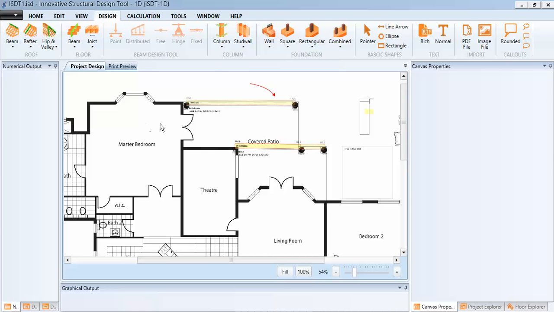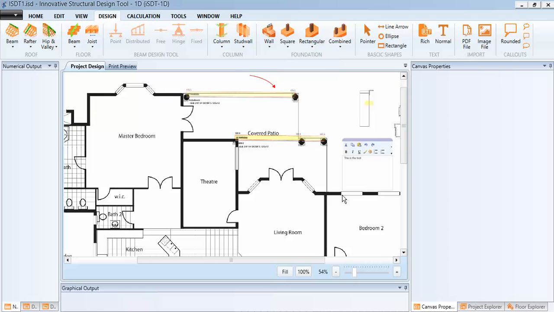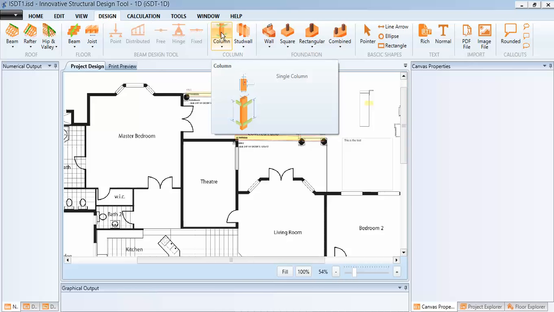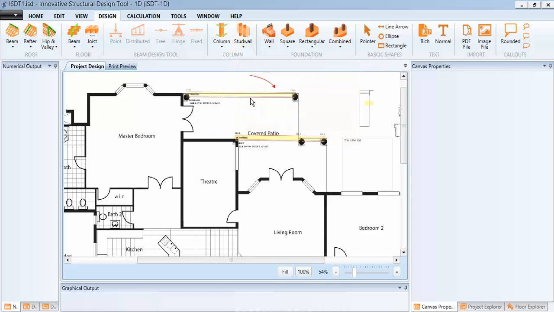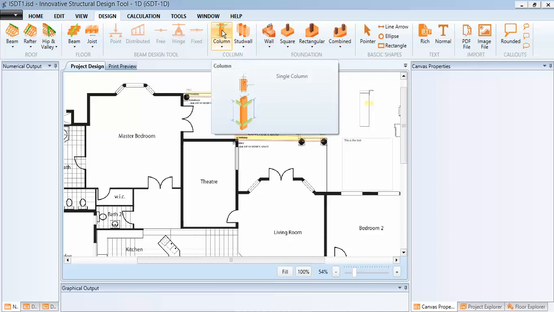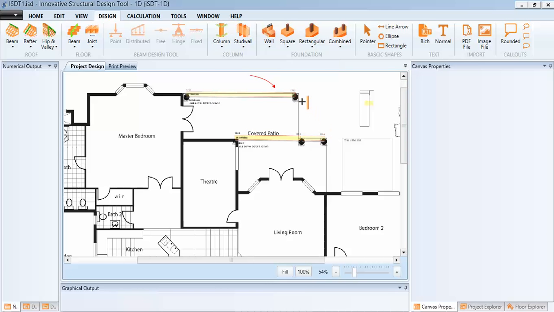So right now we have imported the house plan, and in this case we'd like to design the column and foundation. So first thing is you need to go to the column module. There are two different things. One is just the solid, so the single column or the multiple column, and the other one is stud wall design. For this example, I'd like to show just the column design. Click this one here, and then we're going to